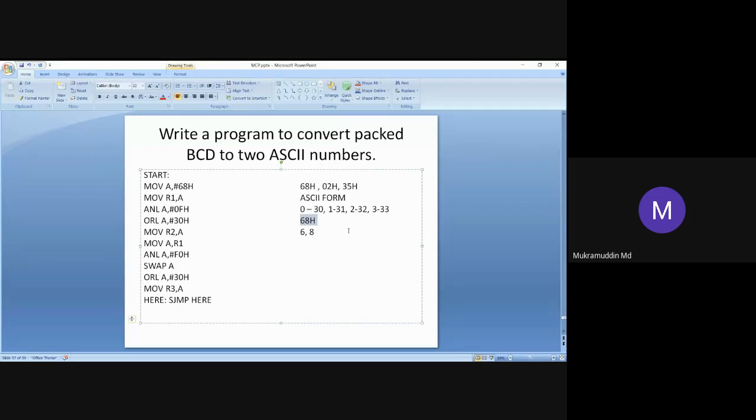The splitting of these numbers is called unpacking of the BCD number. From this splitting we get two numbers, and from the two BCD numbers we can get the two ASCII numbers. The ASCII number of 6 is 36 and the ASCII number of 8 is 38.